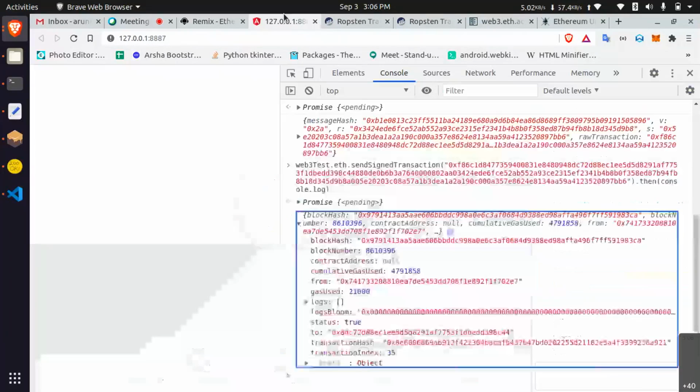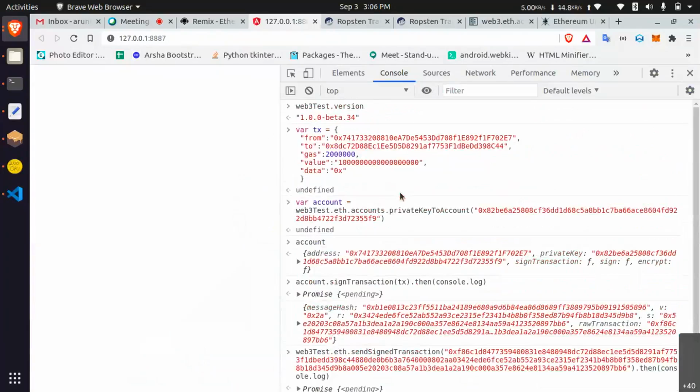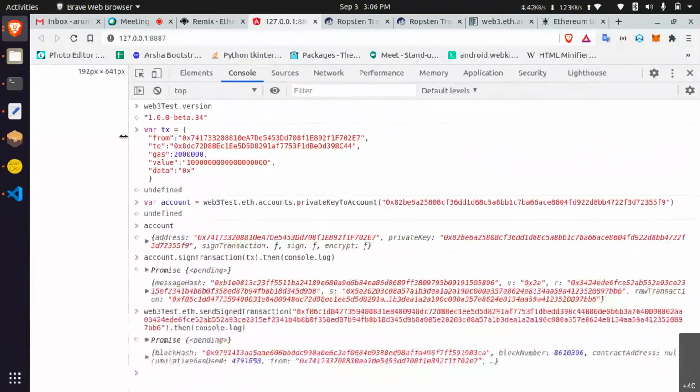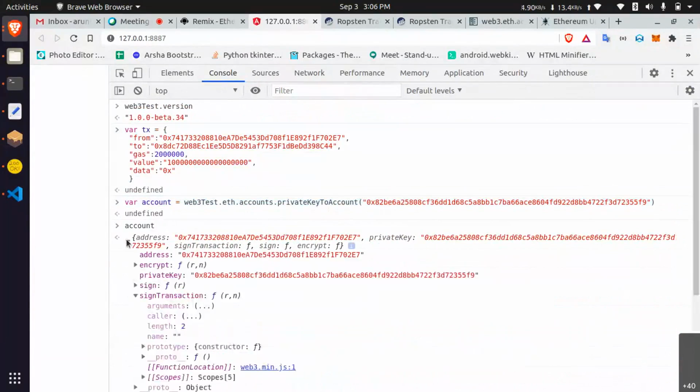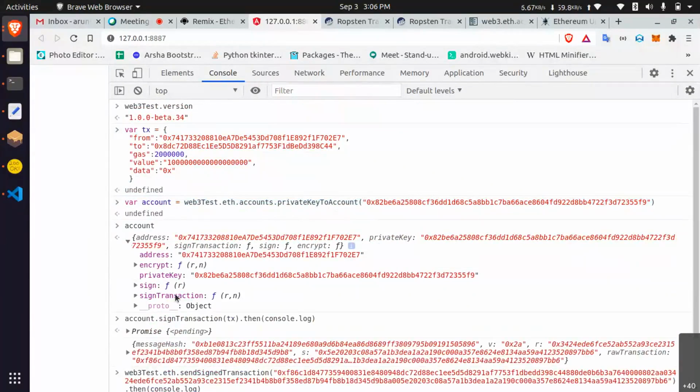Yeah. Anyone have any doubts in this? It is simple, like only one paragraph. You can see. Anyone have doubt? I am just preparing the transaction data and then signing with my account. Sorry, I am just getting my account. In that account, I have one function called signing a transaction. I am doing signing in my web browser only. I am not performing any internet activity.